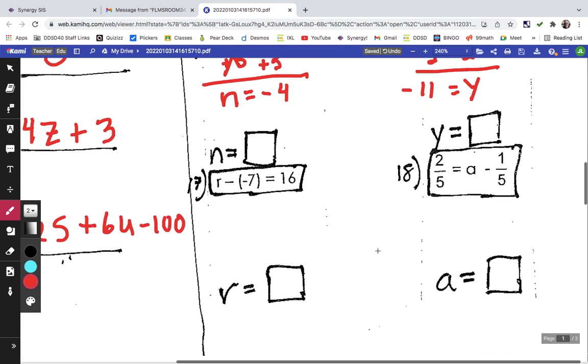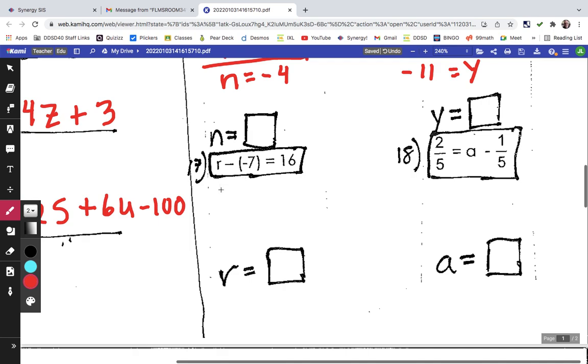For number 17, I'm going to rewrite this one. R minus a negative 7 is the same as R plus 7. When we subtract a negative, it's the same as adding. That makes this one a little simpler because we're going to subtract 7. So R is equal to 16 minus 7, so that's 9. I guess I should put these right in here. Negative 4, negative 11,